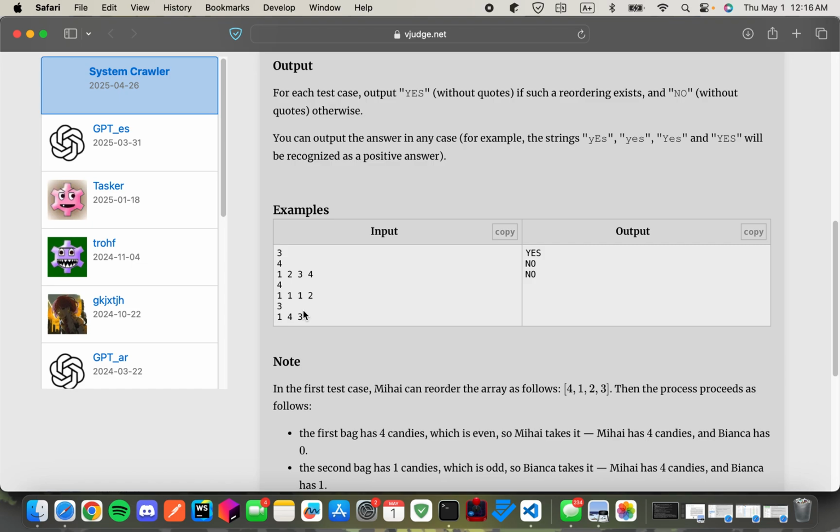So from these 3 examples, we can deduce some rules, right? Mihai should always place his candies first, and we also have to check that the number of candies that Mihai has at the end should always be greater than the number of candies that Bianca has.